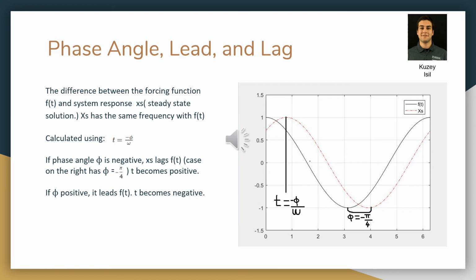If the phase angle phi is negative, the equation for t becomes positive. This means that the steady state solution is going to lag the forcing function. In the case above, the steady state solution lags by a phase angle of negative pi over 4. On the contrary, if phi is positive, the system leads the forcing function by the amount of the phase